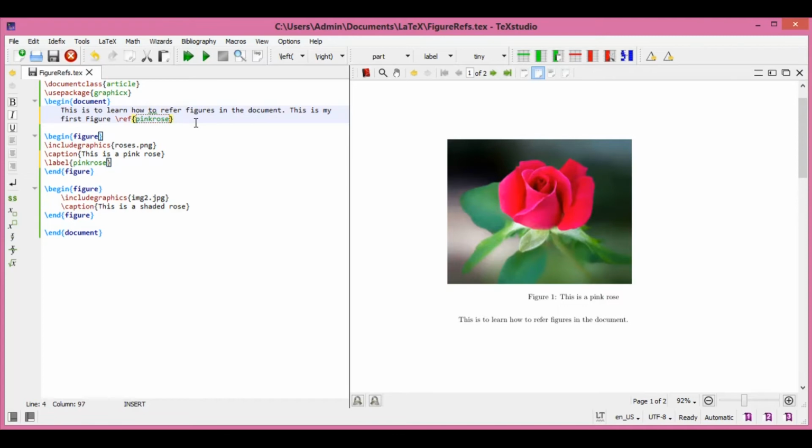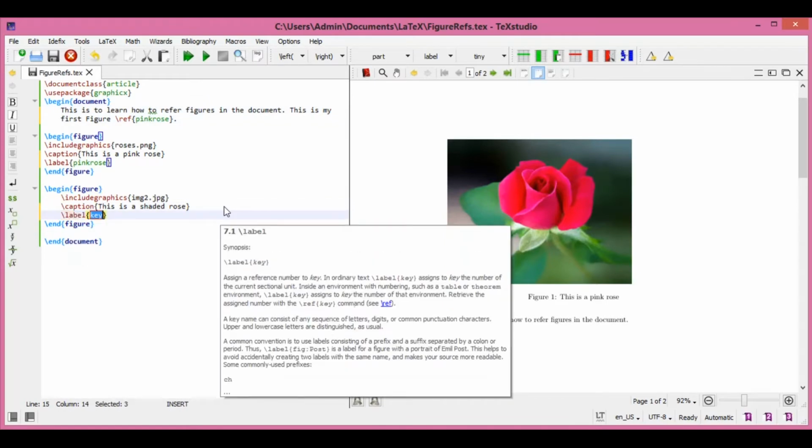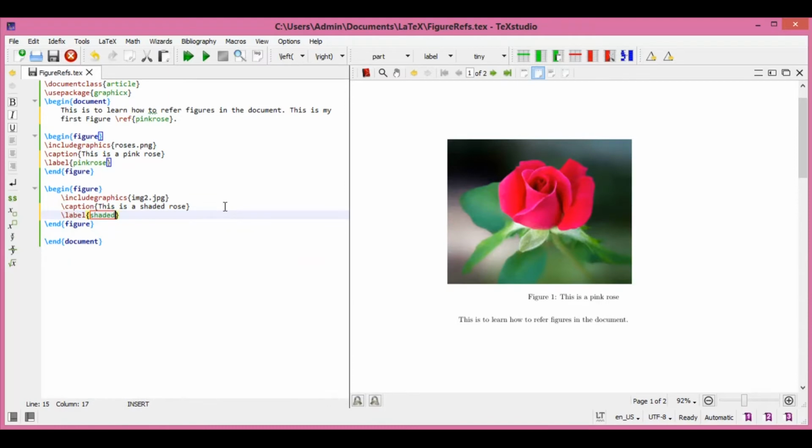So now what happens when I compile it, the number that I should get here is going to be 1 because pink rose figure number is 1, right? So let us give a label for the shaded rose. So this is label. I am going to say shaded rose. Okay. Now what happens?